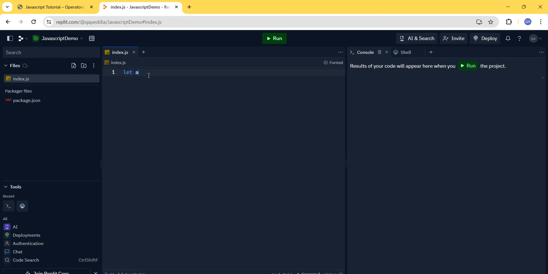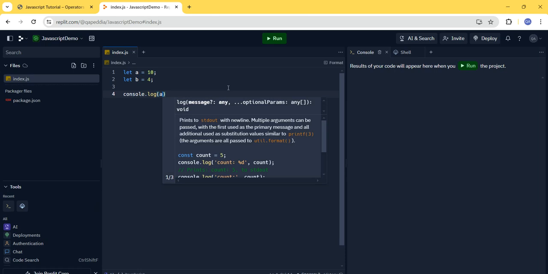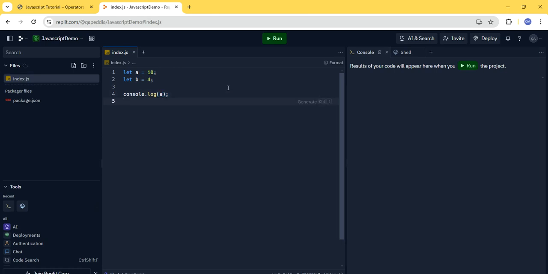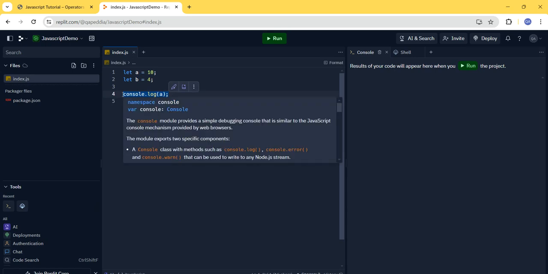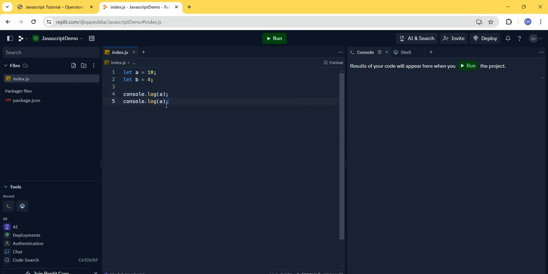So let a equals to 10, let b equals to 4, and console.log a, and then console.log b. We can write here